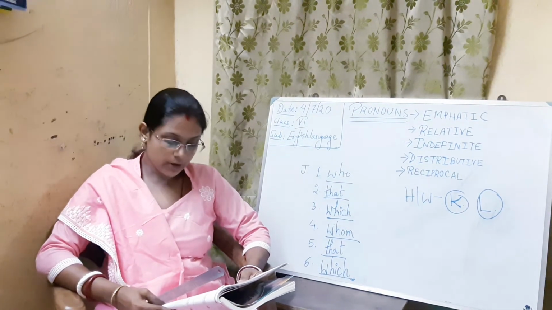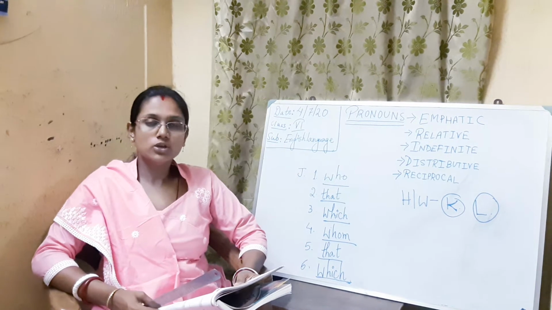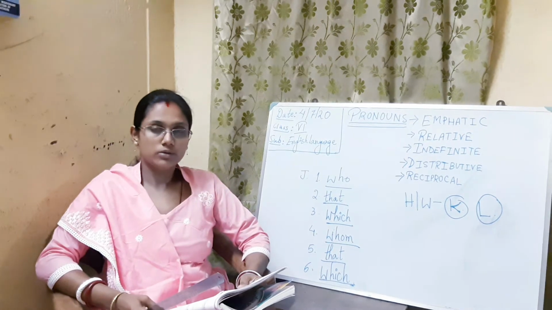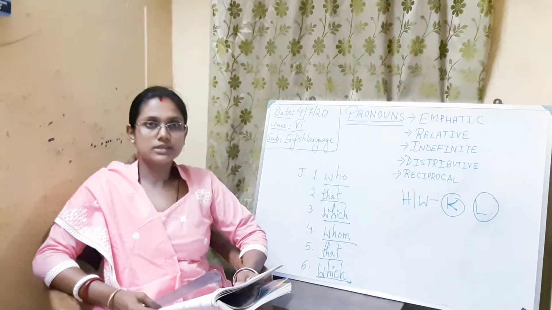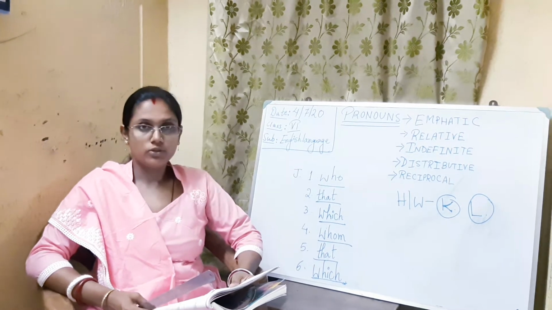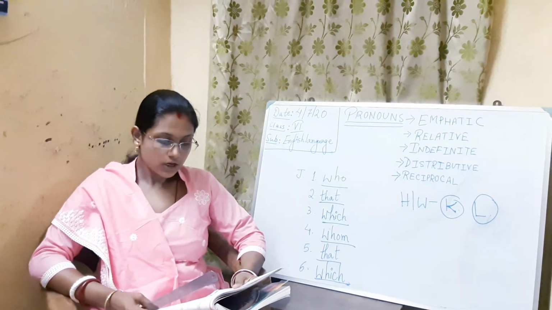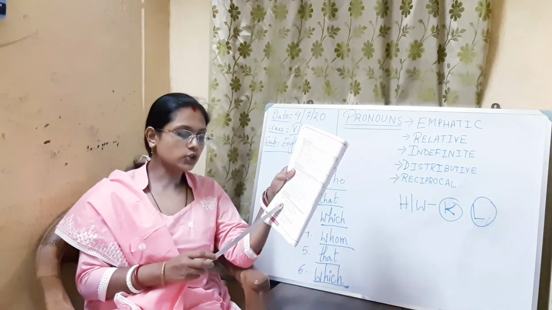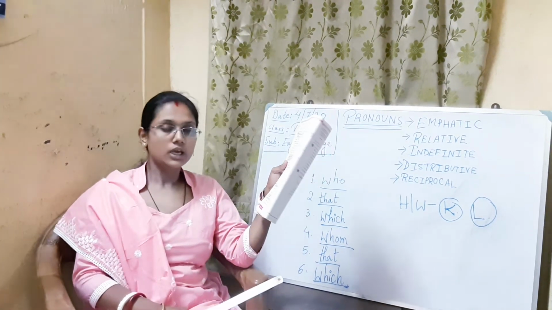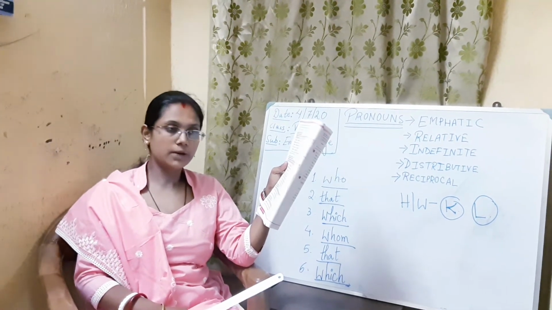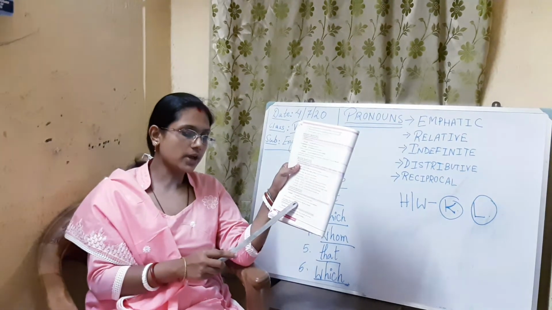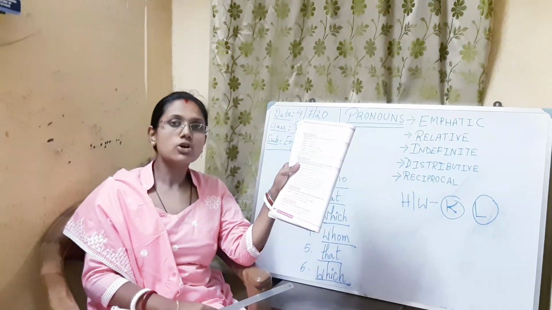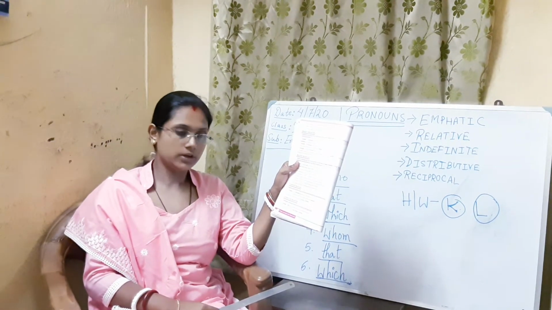For example, everybody knows that she is a good singer. So the pronoun everybody is the indefinite pronoun. Here this everybody is telling about everyone, not any particular person. Then number B, when I joined my new school, I did not know anybody. Here anybody is also the indefinite pronoun. So some examples of indefinite pronouns are all, any and several.